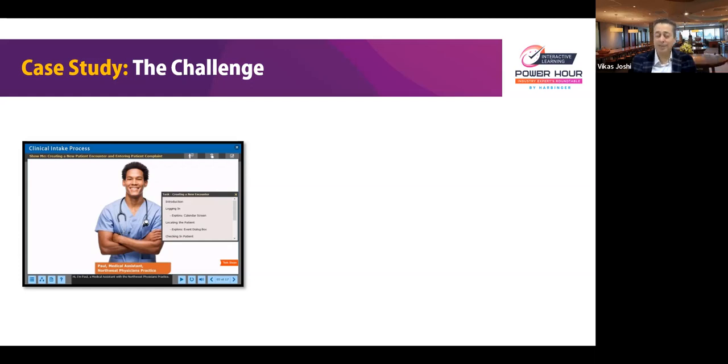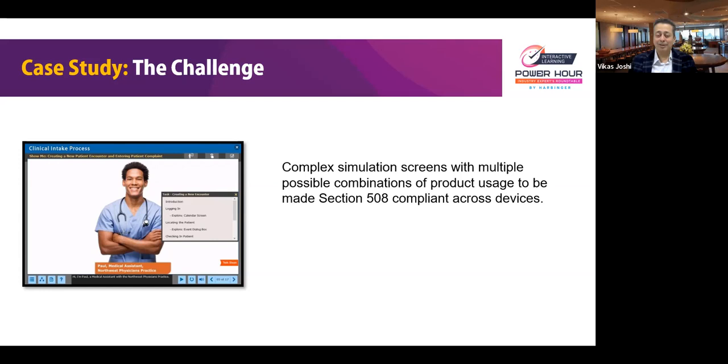One important goal of this exercise was to make the program accessible. The challenge was that the curriculum included 54 simulations in show me, let me try formats each. And there were over 70 simulation-based assessments to test the knowledge of learners.